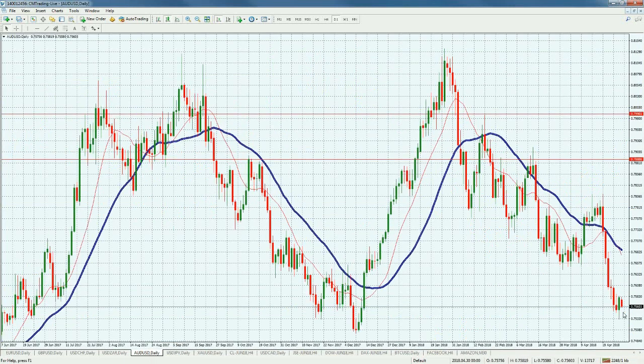Okay, we're almost at the lows of the year versus the dollar at 75.60, as you can see here. So this potentially could be a possible bounce as the week progresses, especially as we get to the FOMC and non-farm payroll. Okay, the economy in the United States, we're going to get this in just a moment, but the economy in the United States has been pretty strong, and things are pushing the dollar a little bit higher